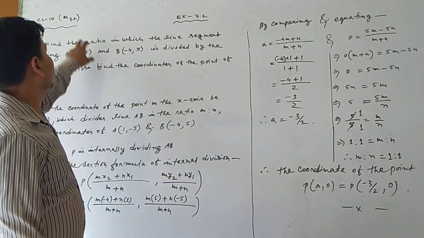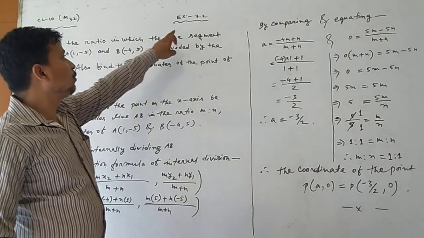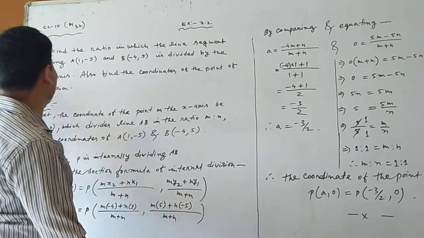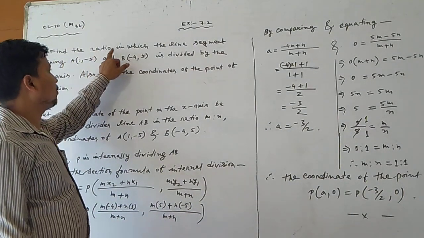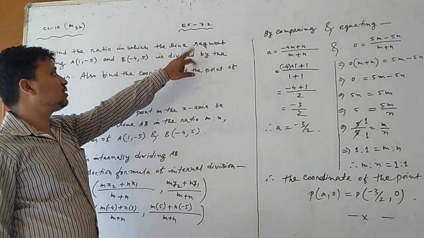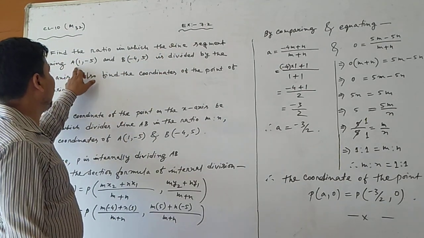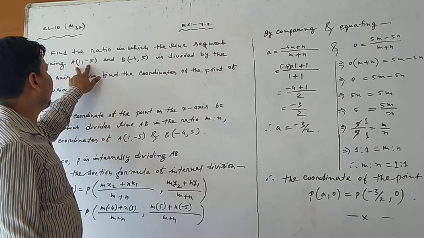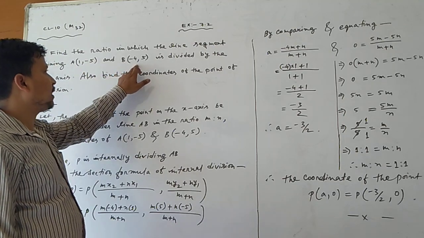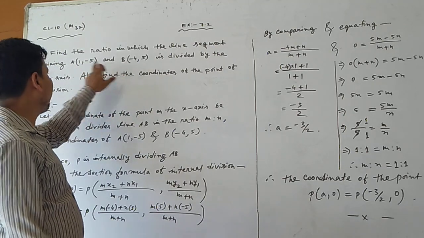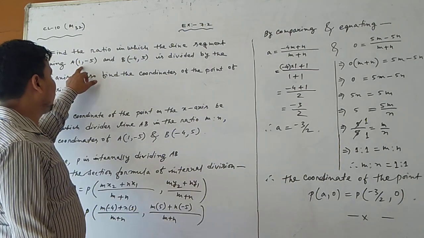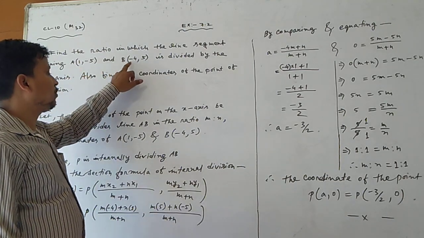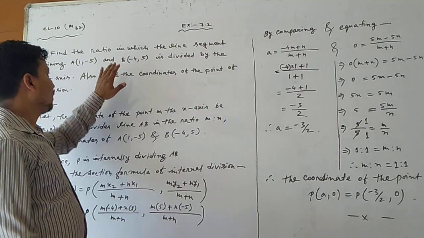It is the mathematics video number 32, exercise 7.2, question number 5. Find the ratio in which the line segment joining A(1, -5) and B(-4, 5). That means AB is a line, and A coordinate is (1, -5) and B coordinate is (-4, 5). And the AB line